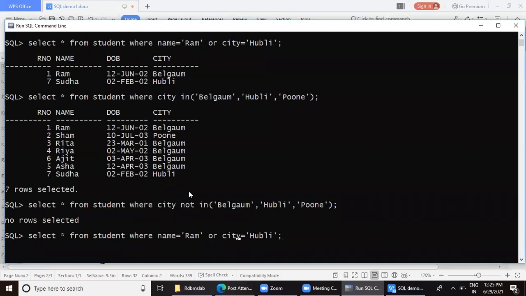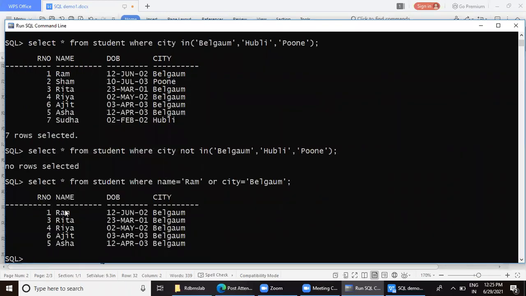Name is Ram or city equal to Belgaum. Either of the things. Name is Ram, so the first record is displayed, or they stay in Belgaum, so even the rest of the names who stay in Belgaum are displayed.